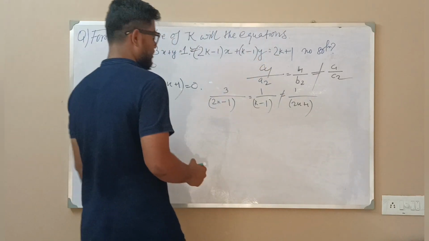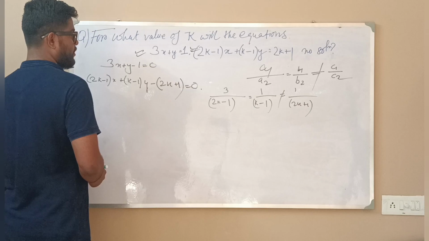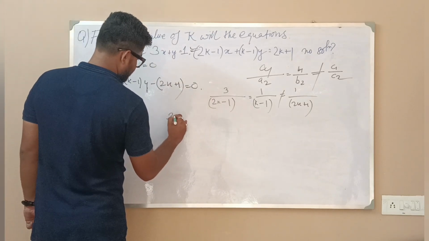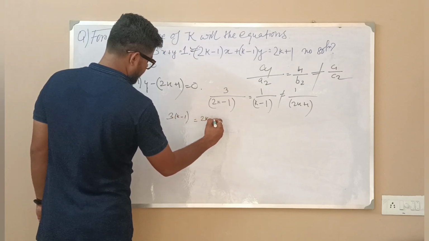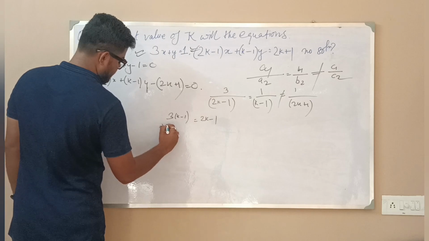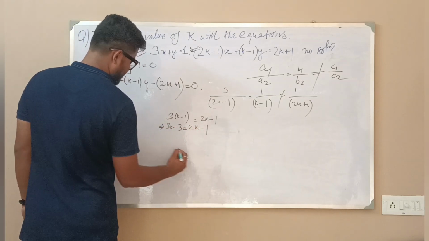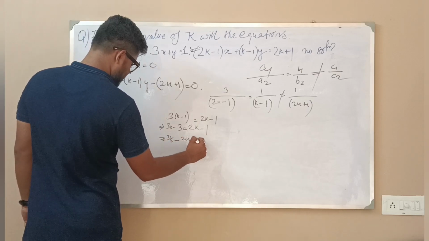So we have to find the value of k. Cross multiplying, 3 into k minus 1 equals 2k minus 1. So 3k minus 3 equals 2k minus 1. 3k minus 2k equals,